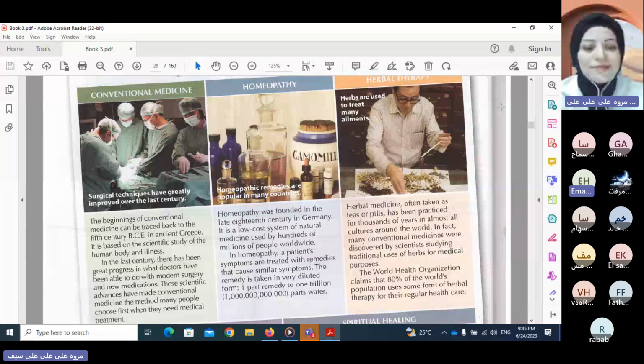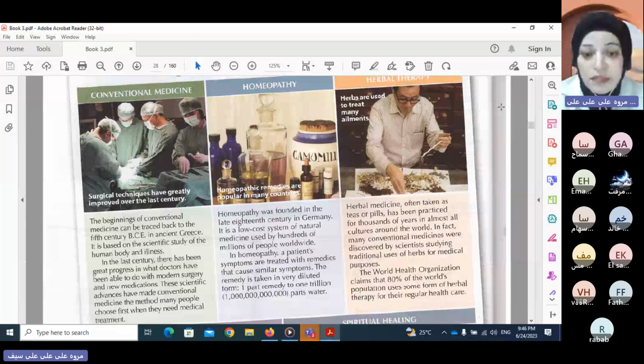Homeopathy is an alternative way of medicine, chemical medicine, I think, and it's cheaper than the natural medicine used by people, millions of people worldwide. So I think it's an alternative way of medicine. Excellent, excellent. You said many words that are correct. You said it's cheap, yes, it's cheap, and it's chemical. Yes, it's chemical, but we need another word. Maybe some other colleagues of ours are going to tell us. And yes, it's alternative. Excellent, very good.